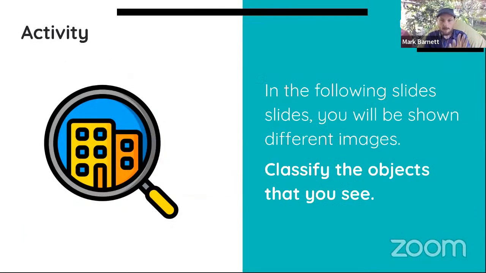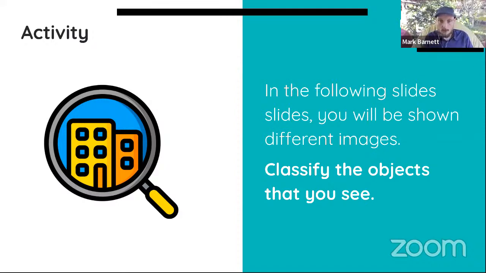So I want to show you an activity really quickly about how bias creeps up into our brains. So our human brains, not the machine learning brains, but our human brains. I'm going to ask you to look at three images. And what I want you to do is pretend that your brain is a machine learning tool. And the only thing the machine learning tool can do is classify objects. So if I show you an image, all you can say is the name of that image. For example, if I showed you an image of my coffee mug, you would just say coffee mug, instead of person drinking or a person holding a mug, just coffee mug.